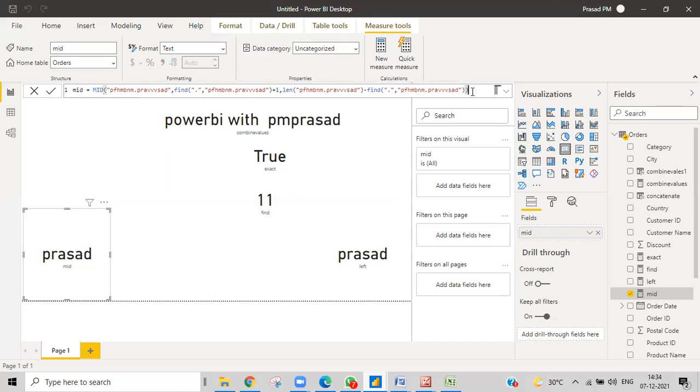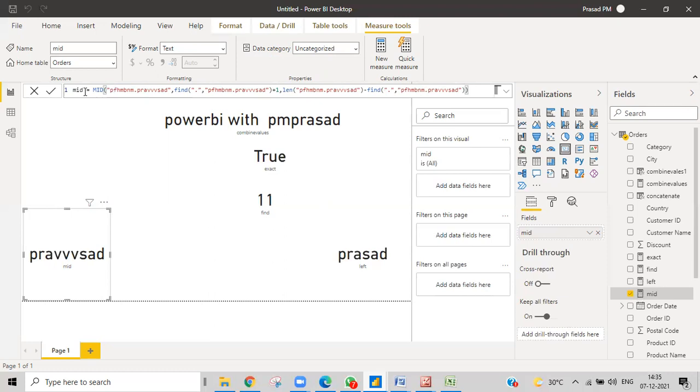If everything is right, again we need to get PRAVVVSAD. Yeah, got it. So this is how we'll make everything dynamic. Hard coding is very easy, but making it dynamic is complex. Every time, you need to split the logic part by part and then make it. First we made it hard coded, and after that, with the starting position, I made it dynamic. Then I found the length dynamically and gave it. This is how we split the logic into parts and then write it.